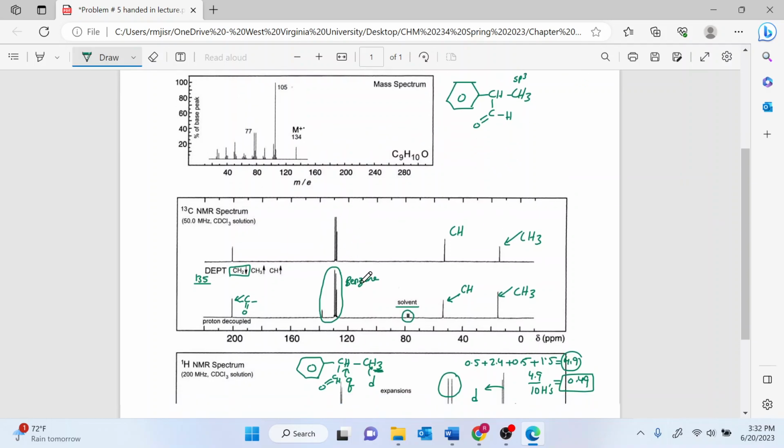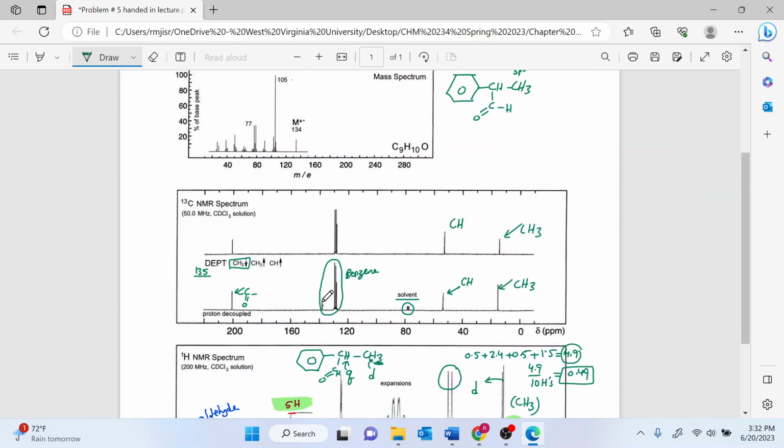These are for the benzene, but notice one peak over here disappeared from the DEPT 135. And the reason why it disappeared is because DEPT 135 does not detect carbons with no hydrogens. So since this carbon had no hydrogen, and we are talking precisely about this carbon over here, this carbon did not show. So this carbon is over here, and this carbon is going to be nulled. It's not going to show in the DEPT